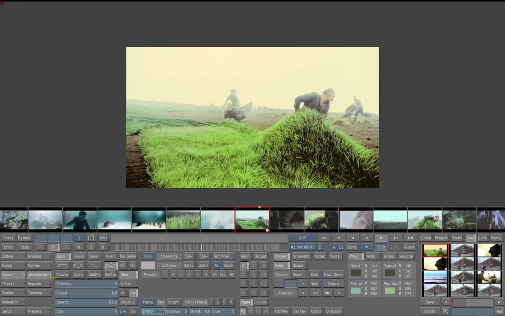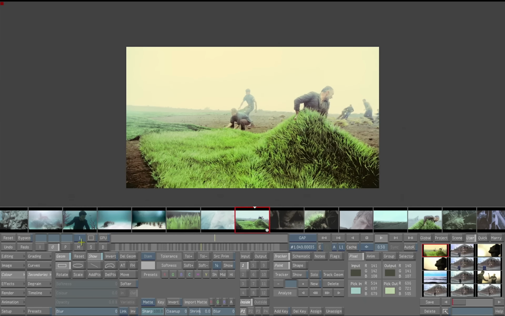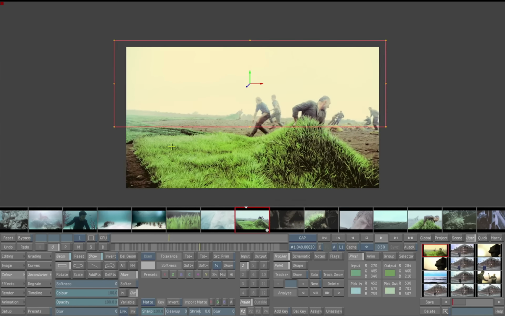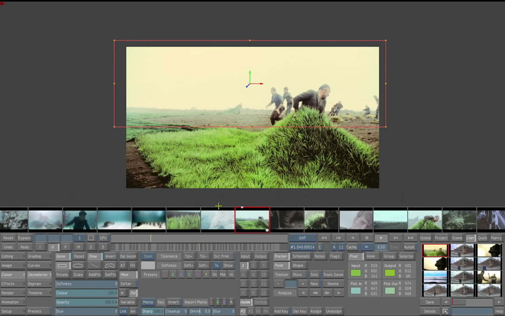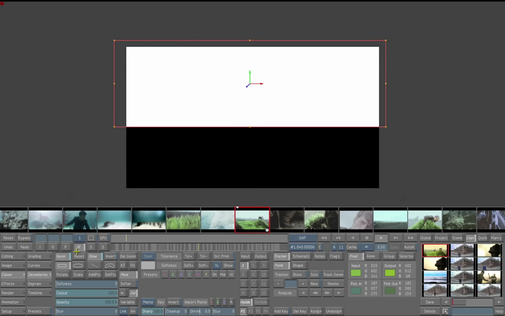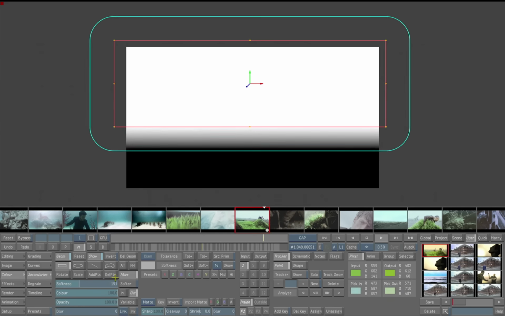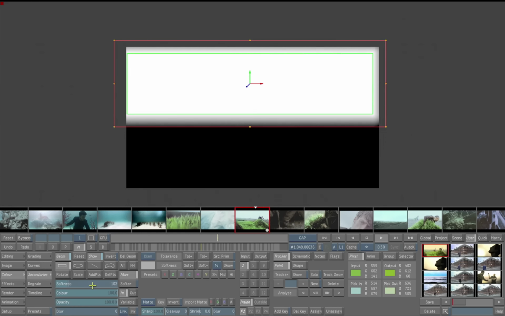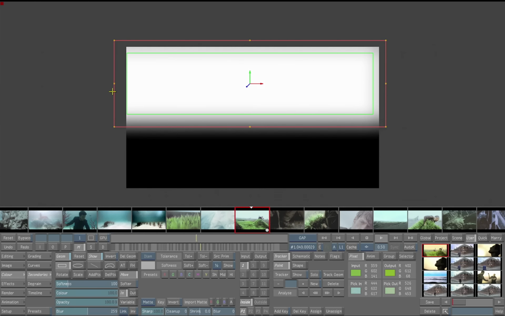I'm going to just enable the first one and go to our secondary palette here, our menu, where we can actually start to add shapes. So there's an entire shape system, again, familiar to people who use Flame and Smoke. If we look at the matte that we're generating there, we can actually soften those masks as well. We can soften inside or outside. So let's soften this a bit inside, blur it out quite a bit as well,